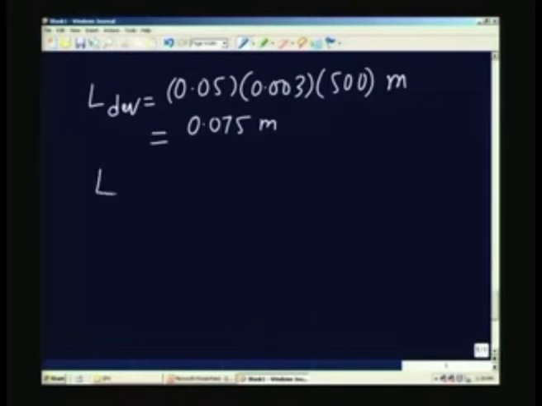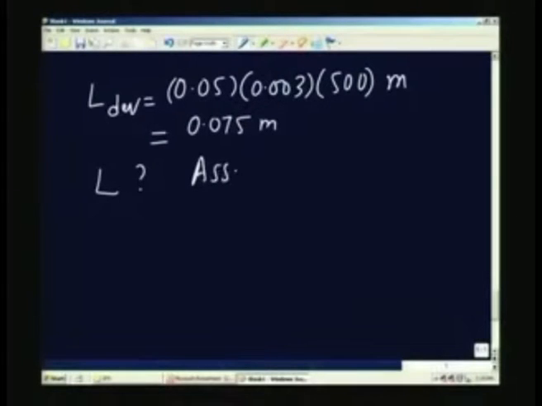So, what about L? I would like to now make an assumption that I should be able to measure the pressure drop accurately. It should be large enough so that it can be measured with a suitable pressure drop measuring device. So, I will assume that the pressure drop delta P is something like 1 kilopascal, which can be easily measured. Of course, if you choose a different value, you will have to use a different instrument for measuring the pressure drop, depending on the magnitude.